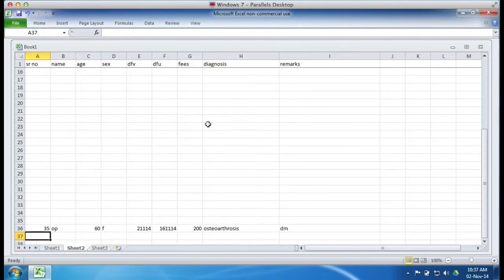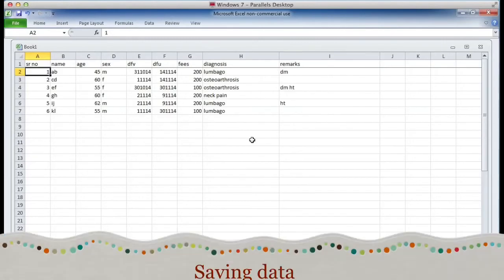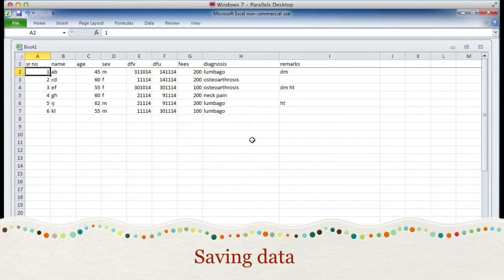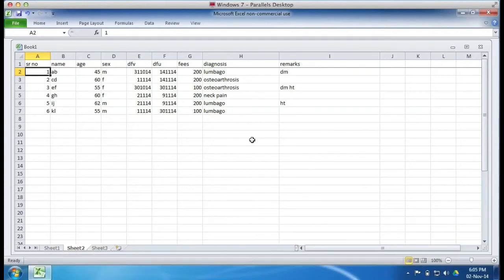In the second part, I'll demonstrate how not to lose data if there is a power failure or you are out or someone just fiddles with your computer. Regarding the saving options, it is recommended that you should frequently save this work. Often we are away from the computer, some mishap happens like battery power goes off, some electricity problem, and you may lose all the data.